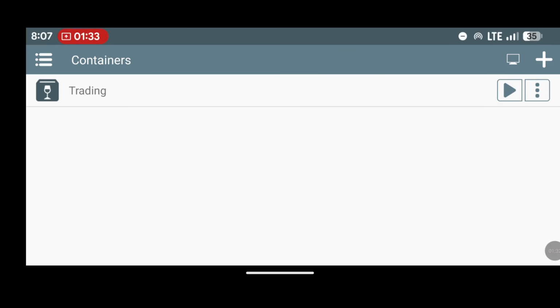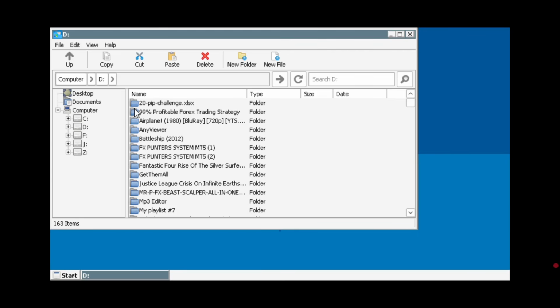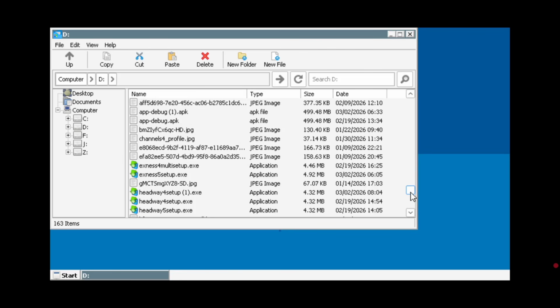Now you can go ahead and open the container again, and once container is open, you will see this option as always. You want to come to D for download, double tap on it and it will take you to your download folder where your browser downloads files to. Now you want to keep scrolling on this page. I have a lot of downloads until you find the setup for your broker. Now here you want to double tap on the setup file